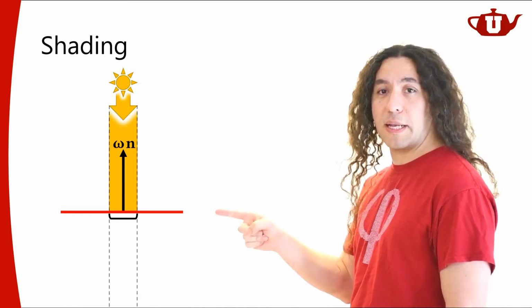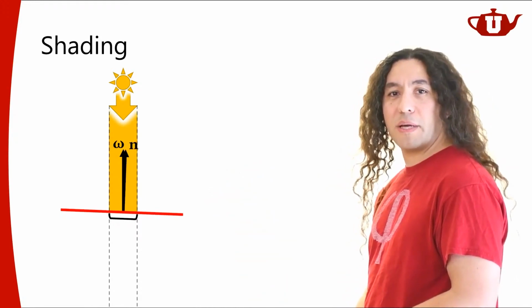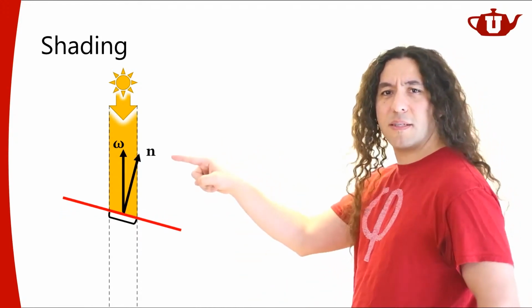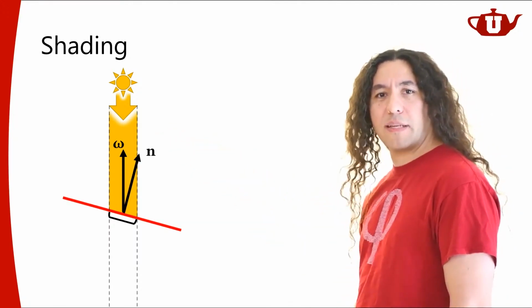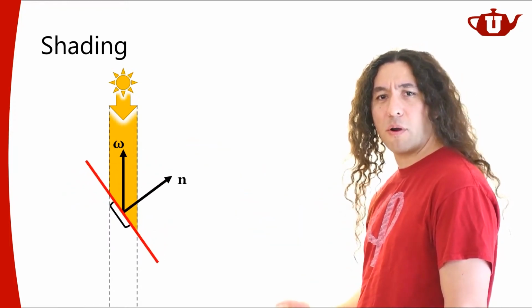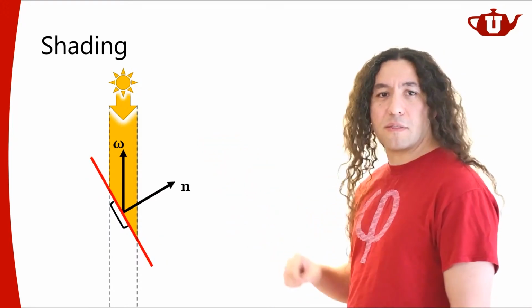What I'm going to do here is take this plane and start rotating it this way. Let me rotate it just a little bit. You see now the surface normal is not aligned with my light direction. It just moved a little bit. Let me rotate it some more so you can actually see the difference. You know what? I'm going to rotate it even more. All right, over here, there's quite a bit of difference.